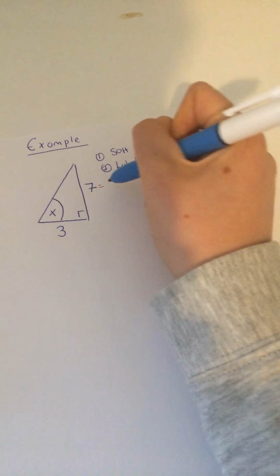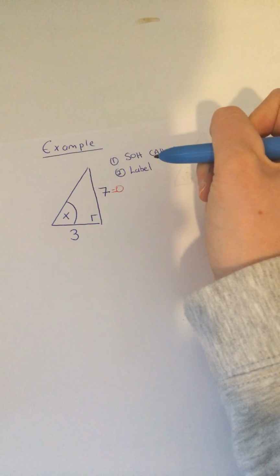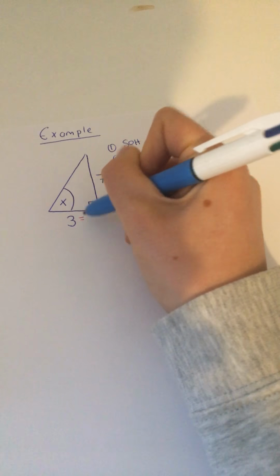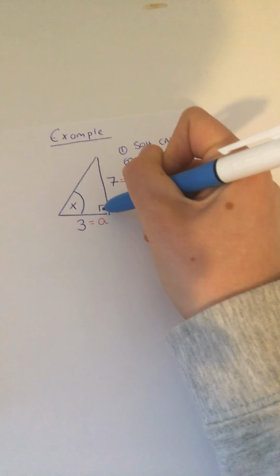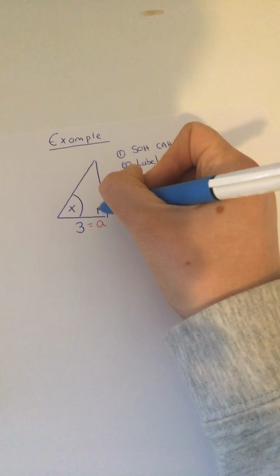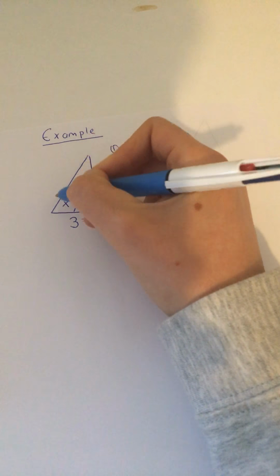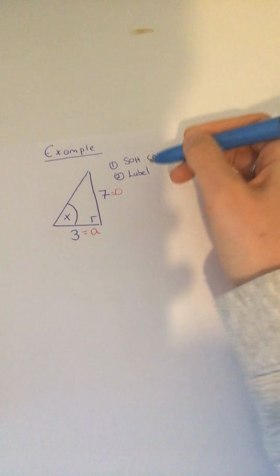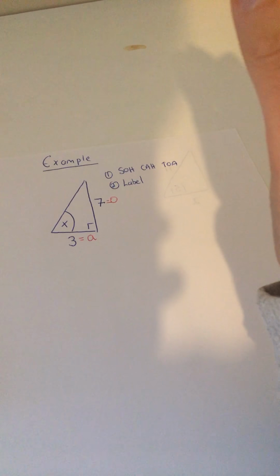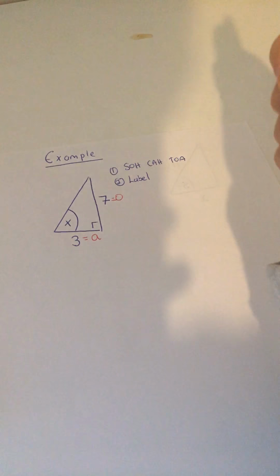So 7 is opposite x, so 7 is the opposite. And 3 is beside the x, so 3 is the adjacent. The hypotenuse is always the one across from the right angle. That's our hypotenuse. It is not in use in this question. So always label your triangle first. Next step then